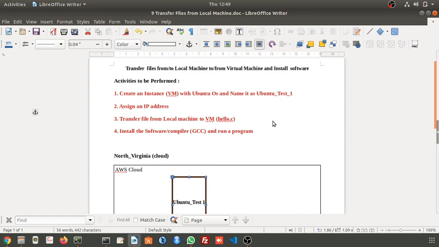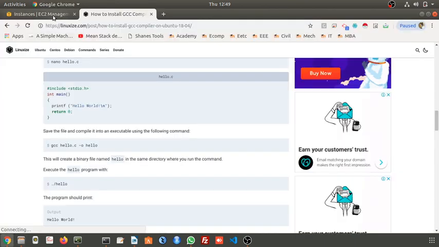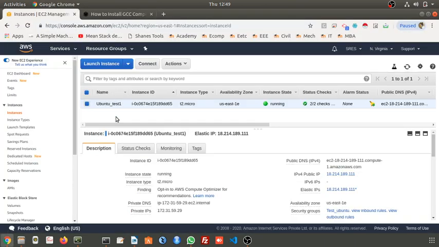In the previous video, we created one instance with the Ubuntu operating system and assigned an IP address. We will continue with the same. First, go to your Amazon Web Services console and go to the instance.